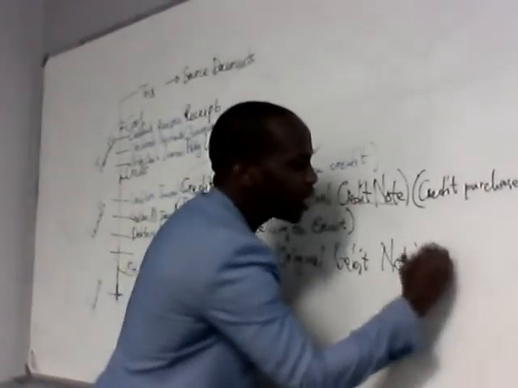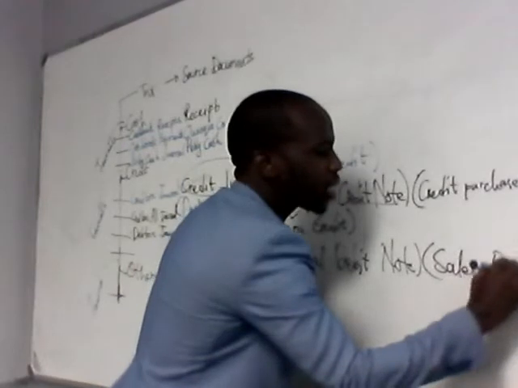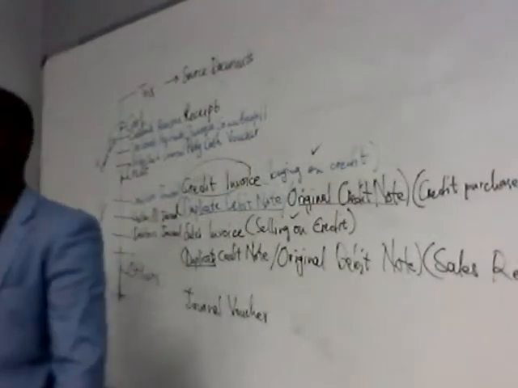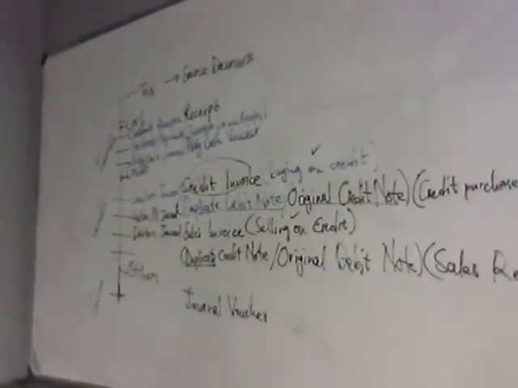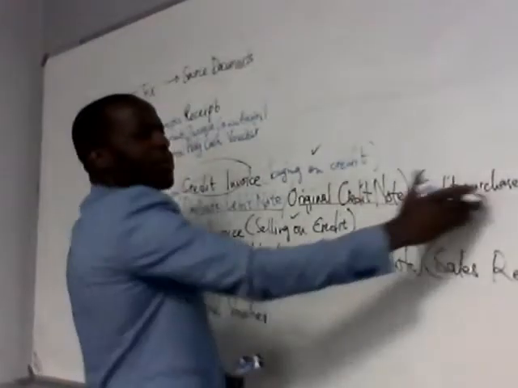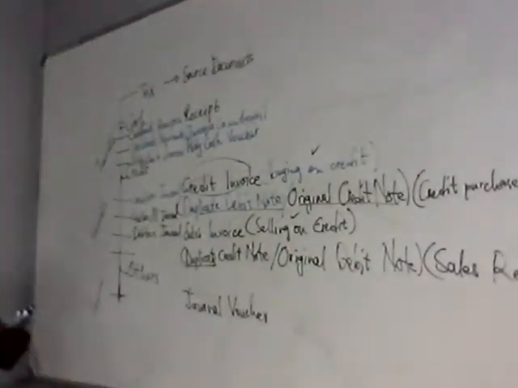So this we will call sales returns. And sales returns is the name of an account. I think on page 50 there is sales returns. In that illustration, when they give you examples, we have sales returns under expenses. It's not there. Okay, but then note it down. Sales returns is a name of an account. Unlike credit purchases, returns is not a name of an account.